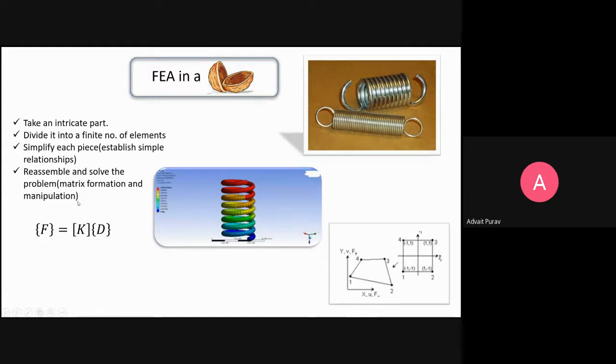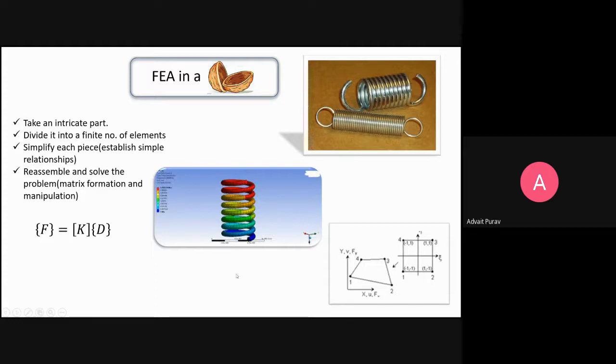Then reassemble and solve the problem, through matrix formation as well as manipulation. The stiffness matrix will be in the form of a 3 by 3 or 4 by 4 matrix, and you will have to find out the deformation at each particular node or element through